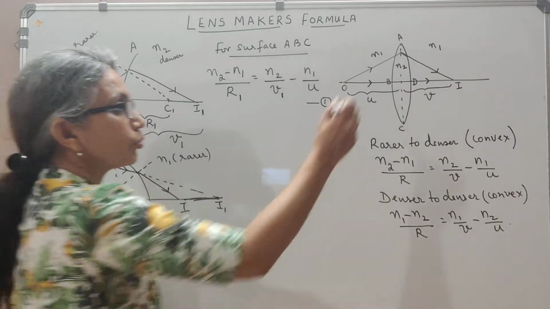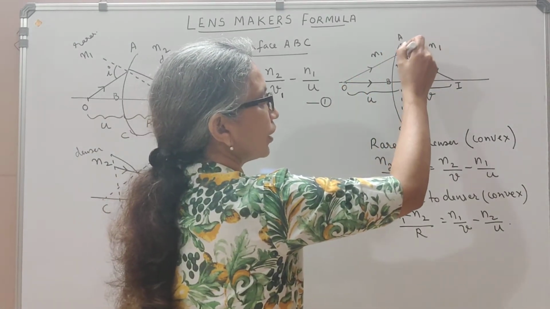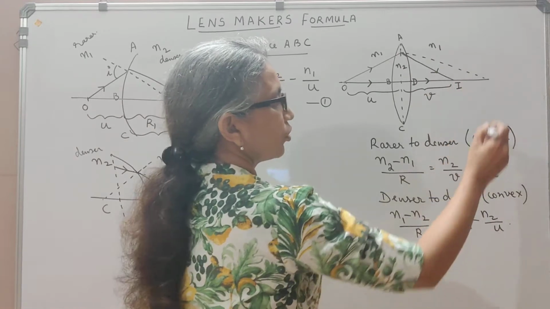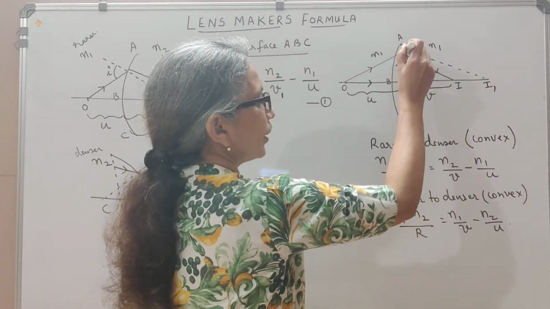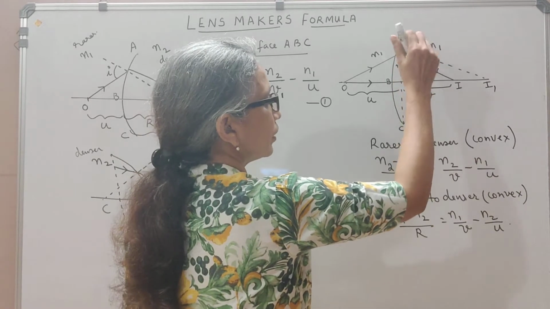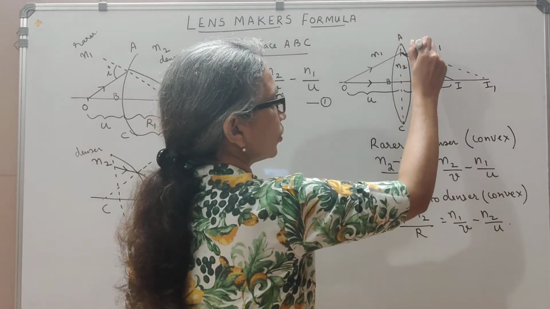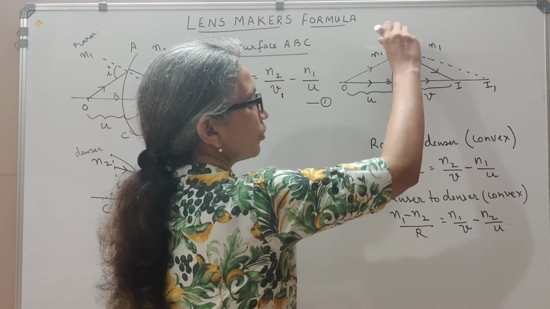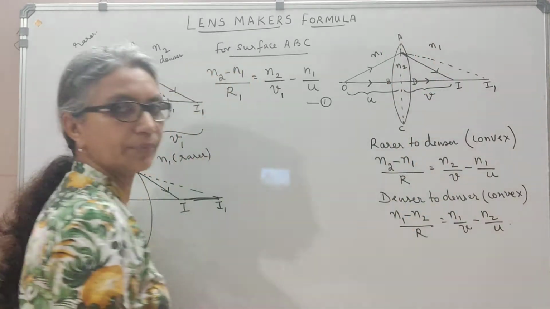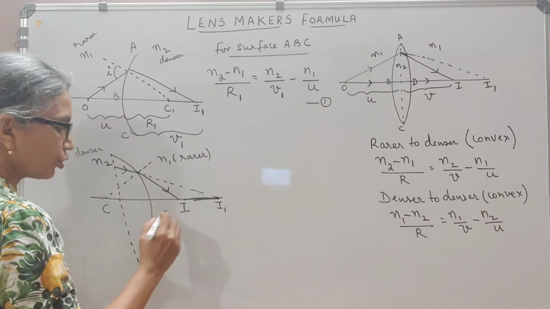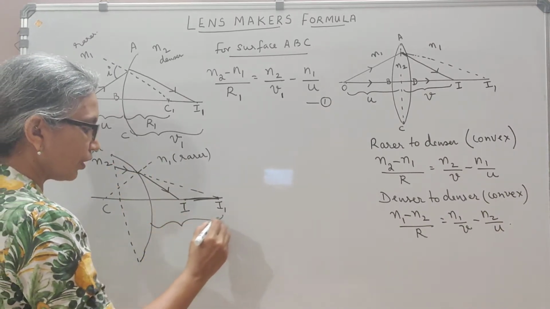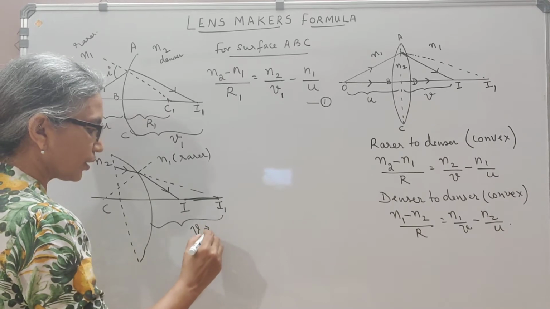We haven't drawn this. This would have actually gone on like this. We have not drawn that here. This is I1. But because this ray of light is undergoing one more bending, this was supposed to go like this, okay? But because this ray of light is undergoing one more bending, it is coming and forming at I. So now for this surface, you should remember that this V1 will be the object distance.